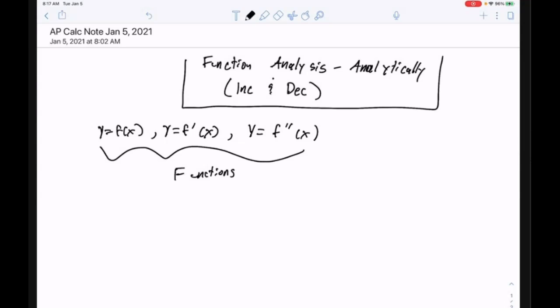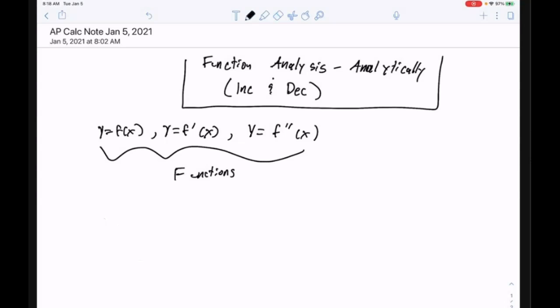So when I talk about the f of x function and f prime of x function and f double prime of x function, they are functions on their own. I could ask you what is happening with f prime of x or with f double prime of x. But it should be noted that f prime of x and f double prime of x,